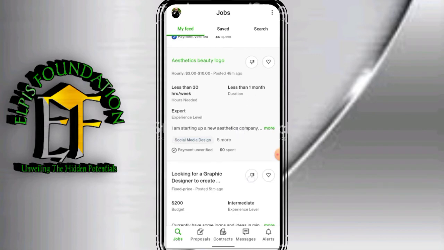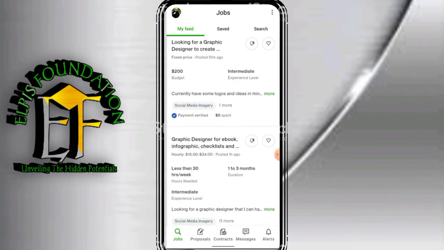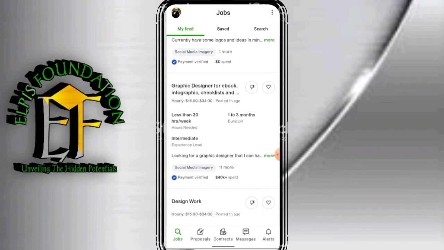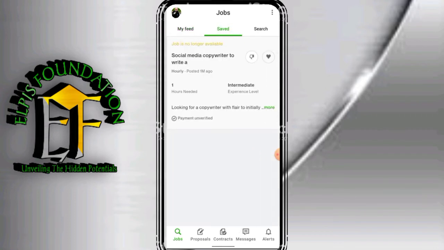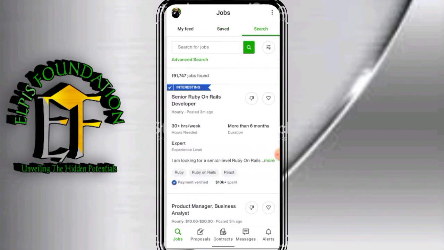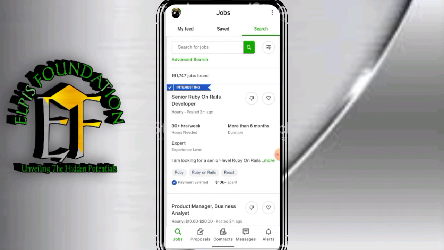I'm not writing a proposal now because I promised just 20 people that I'm going to teach them how to write a proposal. We have a design for ebook infographics. You can apply for this job, posted 1 hour ago. So it is necessary to be online consistently to ensure that you catch up with jobs not posted too long ago. Posted 3 minutes ago, senior organ,